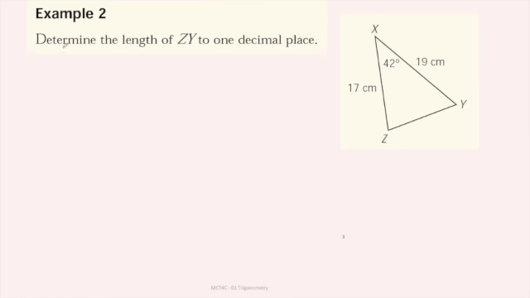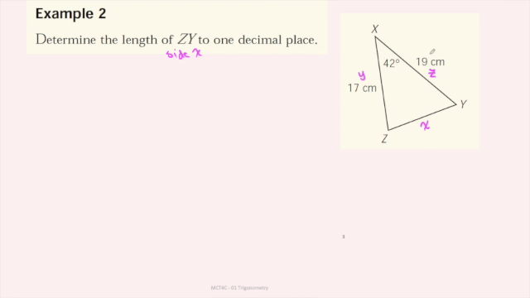Our first example, determine the length of zy to one decimal place. Remember, zy is here, so that is actually side x. So we are determining side x. Okay, you can label, so because this is angle y, this would be side y. This is angle z, so this would be side z. Okay, that will help you with setting up your